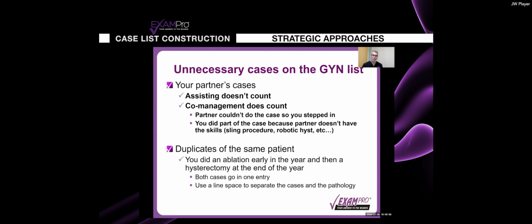Well, you're going to list the patient on your list. The hysterectomy is yours. And in the treatment column, you're going to list sling procedure, and then you put in parentheses by colleague or by partner. Okay, so that's okay. But what I really want